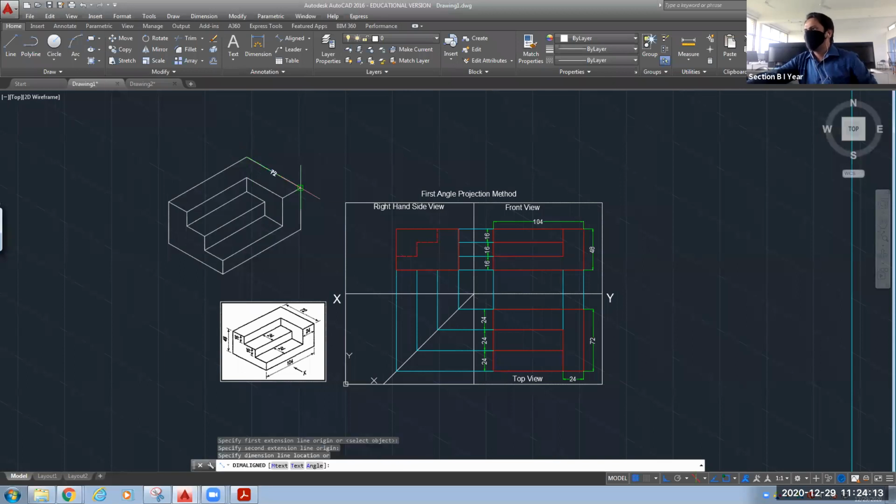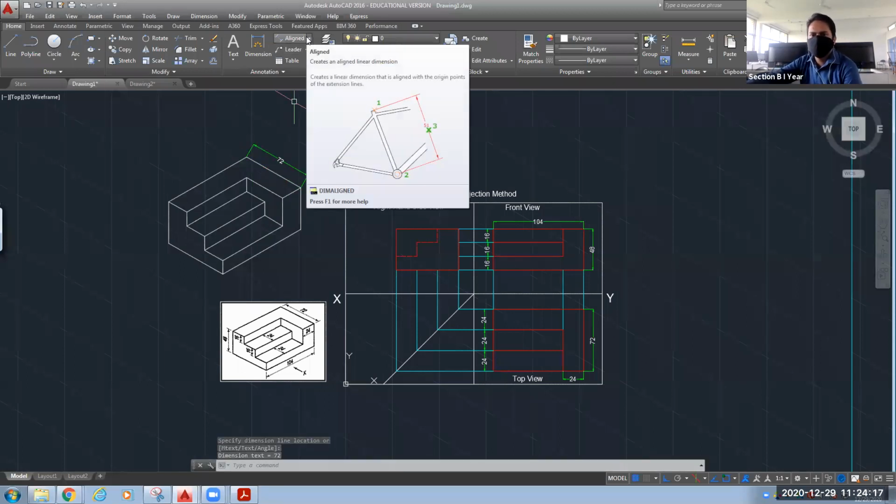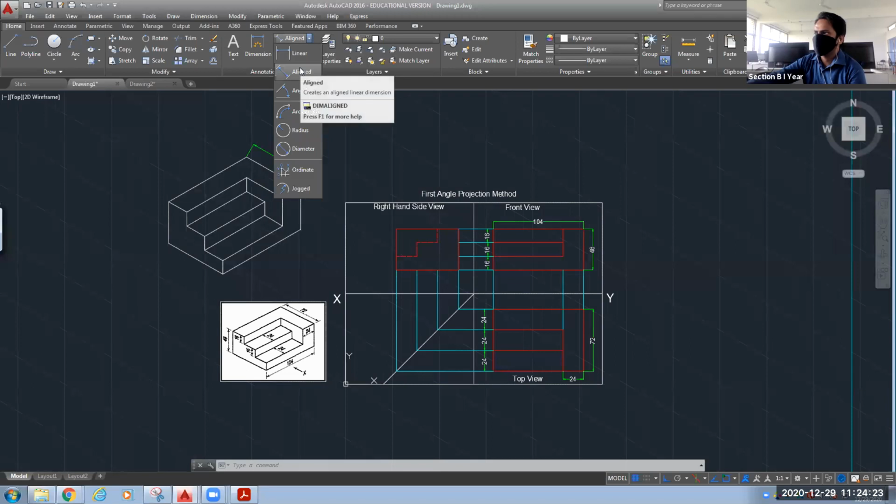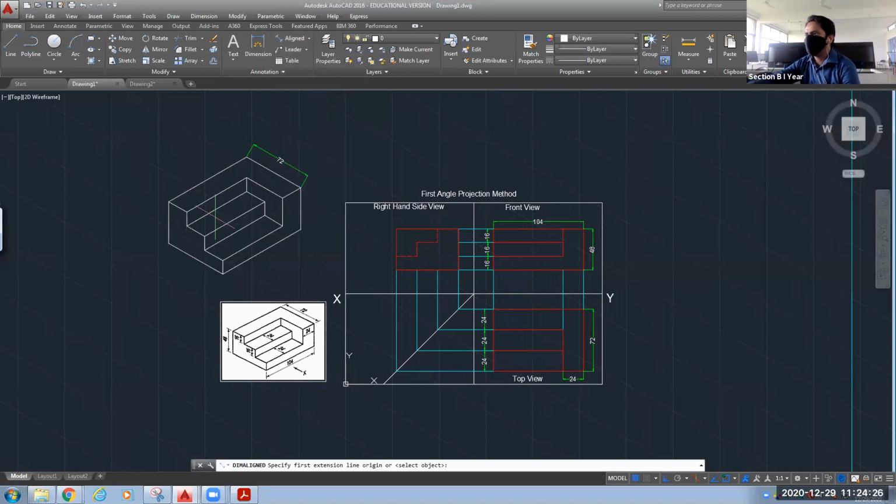Yeah. Here we have one option just beside your dimension. You can see at my cursor. If we want to give aligned dimension, here is that option, aligned. Okay. So this 75 I have given. Let's give for this as 48. Okay. Now in the front side, it is 104. This is your